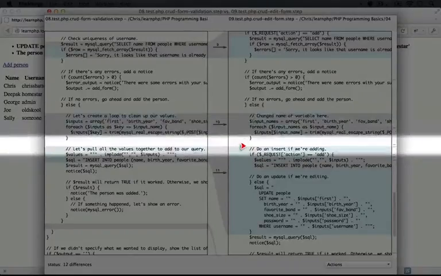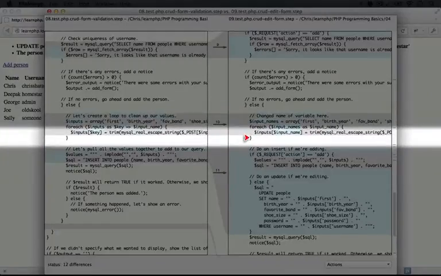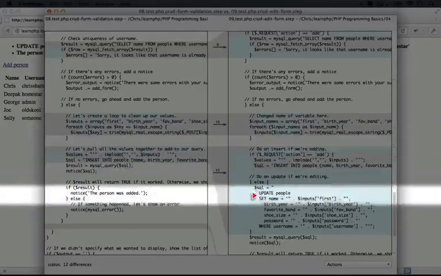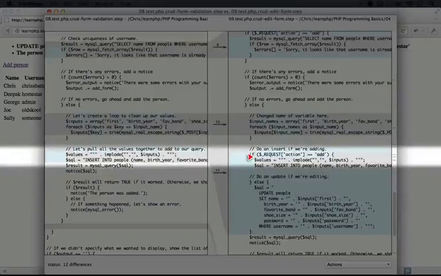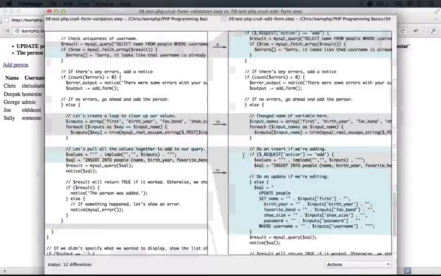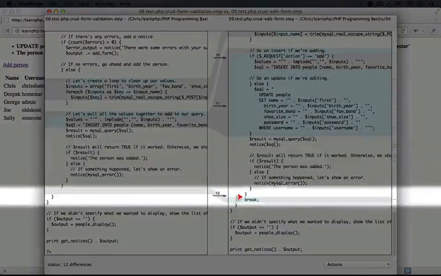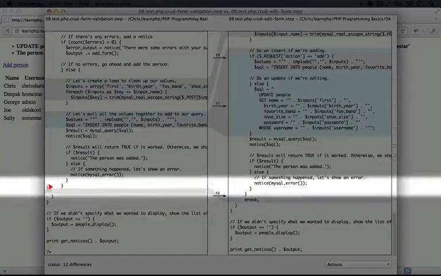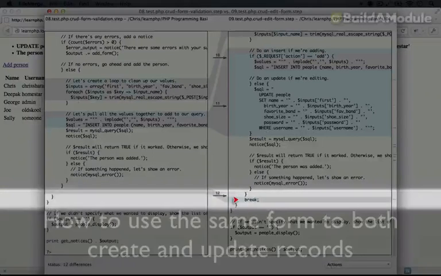Again, at this point, we've passed all of our validation tests, and we've put together the data for the query. Now, because the structure of the query is going to be different for an insert statement versus an update statement, we're putting them together in a bit of a different way each time. And this is something that we'll look at in the editor when we have a little bit more space to take a look here. In this final change, what we're doing is just adding a break statement to the end of this, and this is more of a fix to our code than a functionality change.